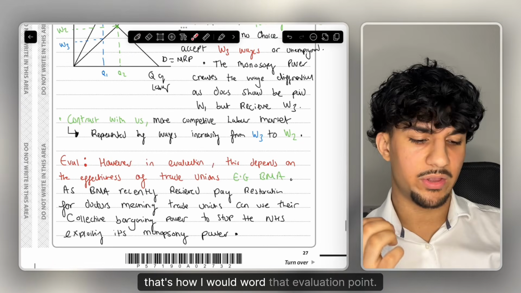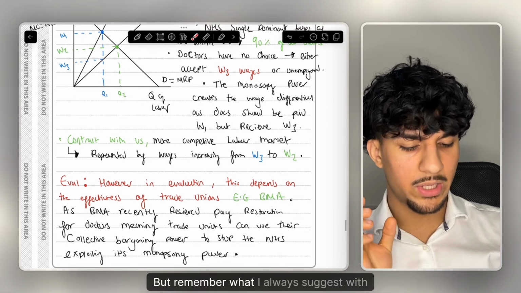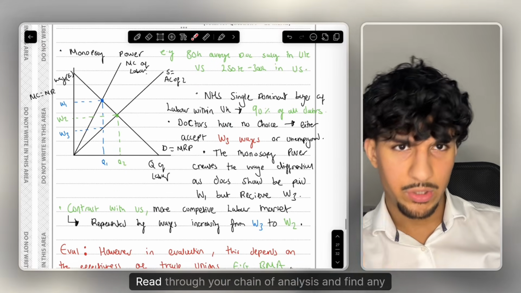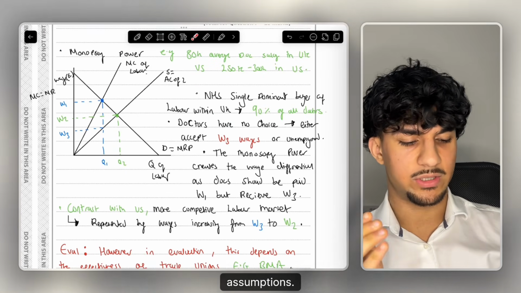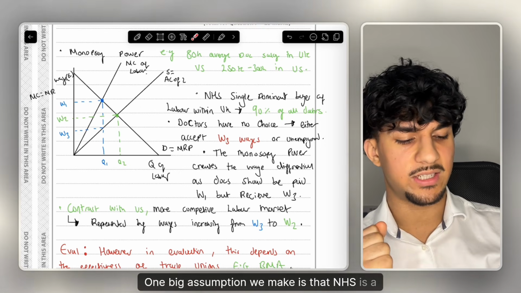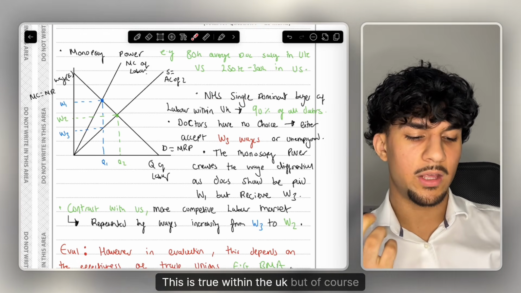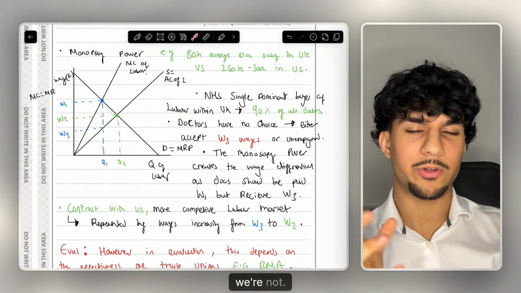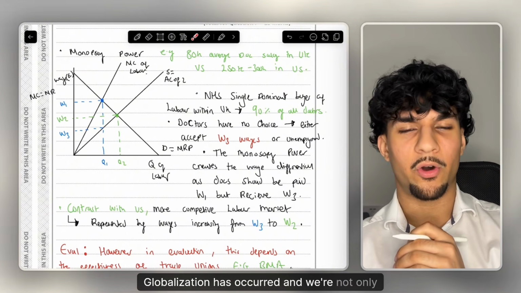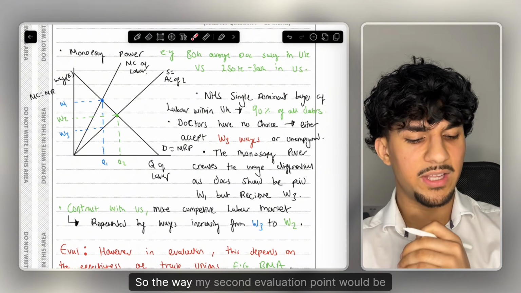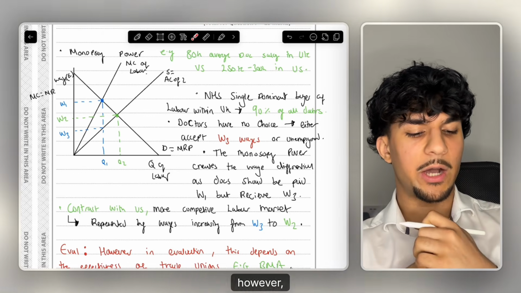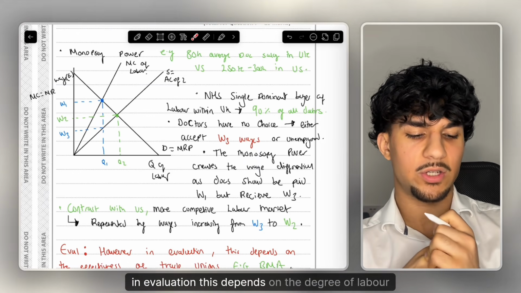And that's how I would word that evaluation point. But remember, what I always suggest with evaluation, read through your chain of analysis and find any assumptions. One big assumption we make is that NHS is a dominant buyer of labour within the UK. This is true within the UK, but of course, globalisation has occurred, and we're not only constricted to the UK. So the way my second evaluation point would be, however, in evaluation, this depends on the degree of